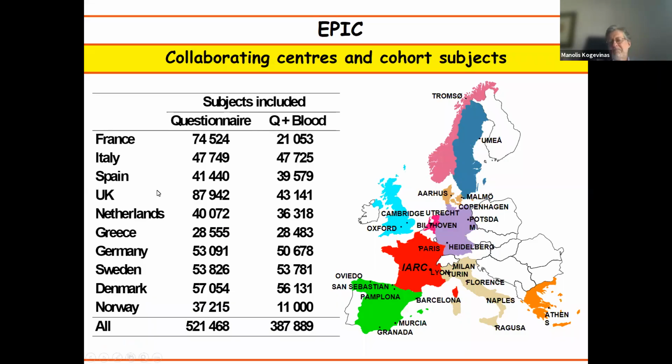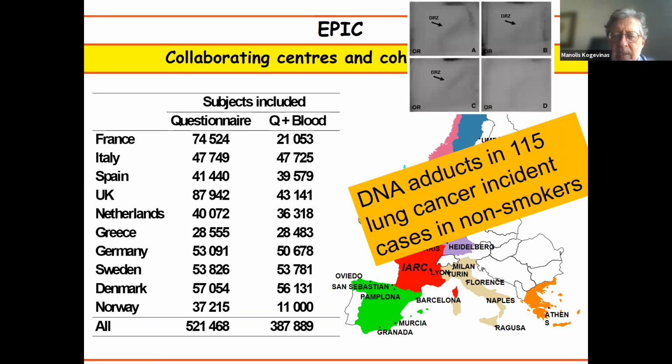So this is a description of the big EPIC cohort, the nutrition cohort in Europe, about 500,000 people, about 400,000 with blood also, starting follow-up in the mid-90s and keeping follow-up until now. In one of the analyses that were done, they wanted to evaluate DNA adducts. DNA adducts is a biomarker. We'll talk a bit more about it in the exposome lecture, where you have a